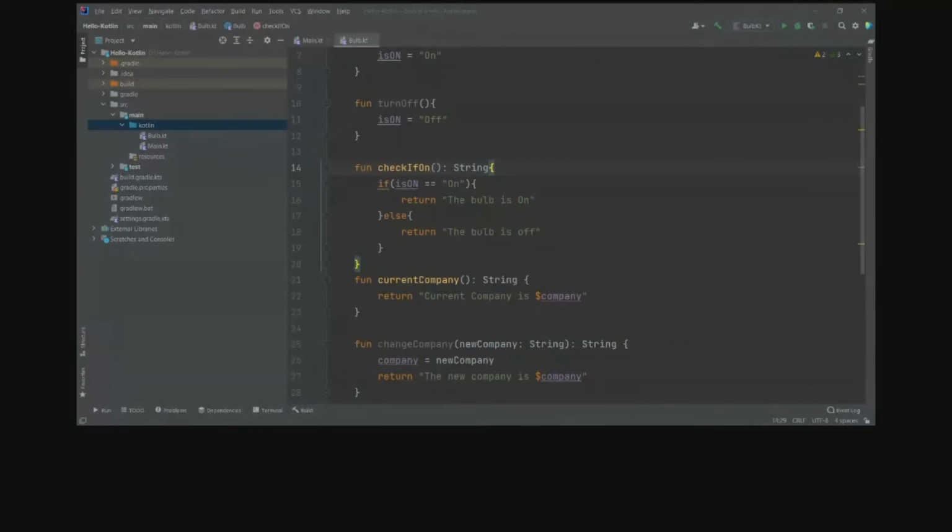Pranav, I'm not able to get you because on line 14 we have just initialized the function. Okay, anybody has any doubt?